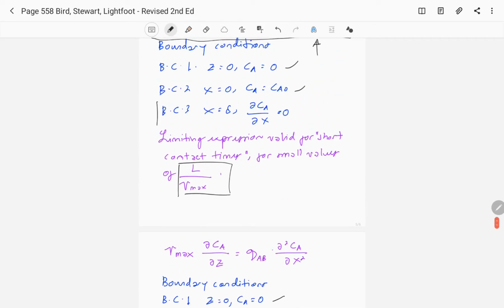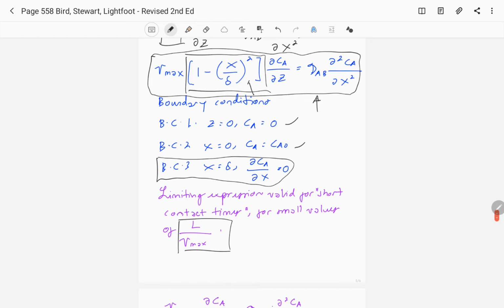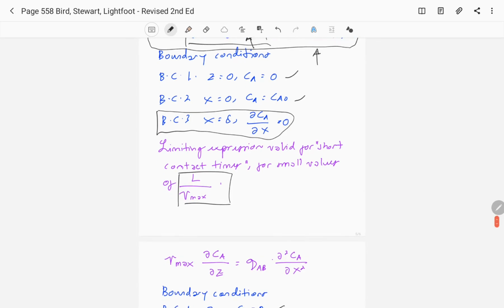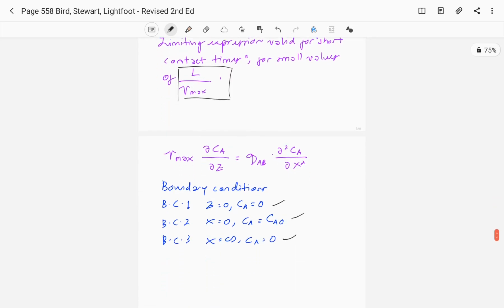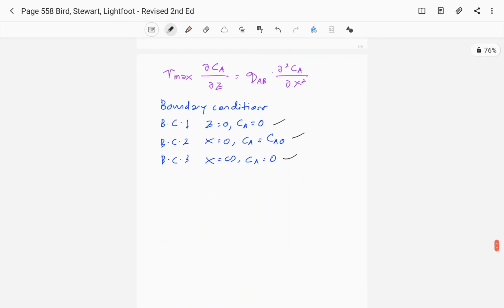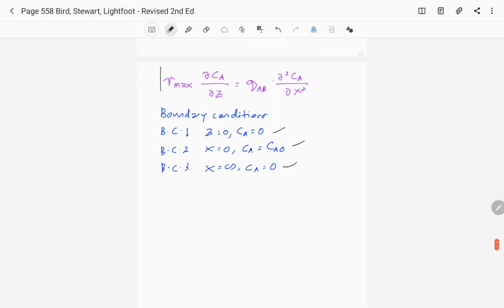So the only thing that is different, besides the form of the equation that is absent in terms of this particular dependence of x, is also one of the boundary conditions, boundary condition 3, which can be replaced by x equals infinity, Ca equals 0. And this partial differential equation can be solved by defining several dimensionless variables, which we call the method of combination of variables.